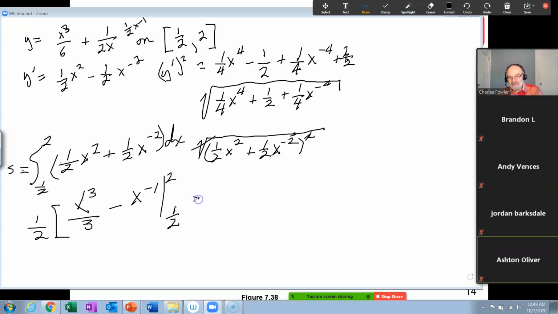All right, so the 1/2 out front. The rest of it's just math. Kind of messy math, but math. Well, first you have 2 cubed, which is 8/3. So that's the first term, 8/3. Minus 1/2, because this is 1/x here. So that's minus 1/2